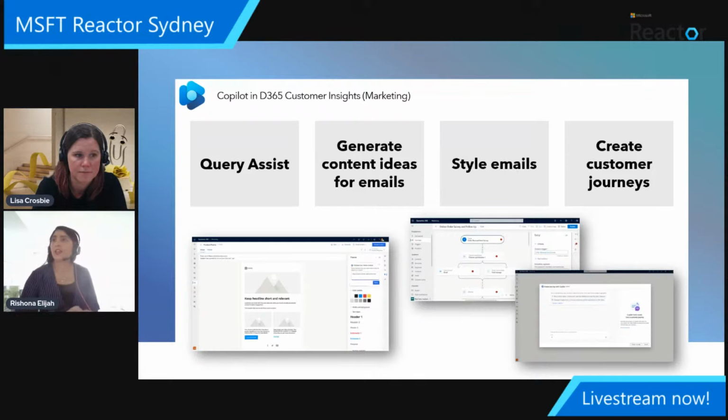I've got a screenshot here of the one around styling emails. So this is a coming soon feature, by the way, for styling emails, where you can tell the Copilot, like, I want to change the theme, make it these colors, make it our brand colors. And the other one that we've got here is on creating customer journeys. So creating a journey, you can now do this in minutes with Copilot. You can just simply describe what you would want in your journey, and then Copilot will build that out for you.